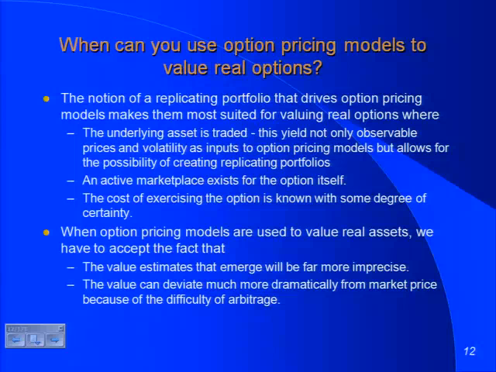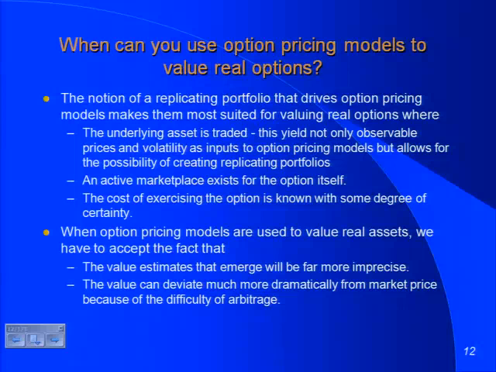I mean, this is essentially the insight that Fischer Black and Myron Scholes brought to the option pricing model. Until 1971, if I asked you to value an option, you valued it exactly the same way we valued any other asset. You took the cash flows, you took the probabilities, you took an expected value, you discounted that all back, and you treated it like any other asset.